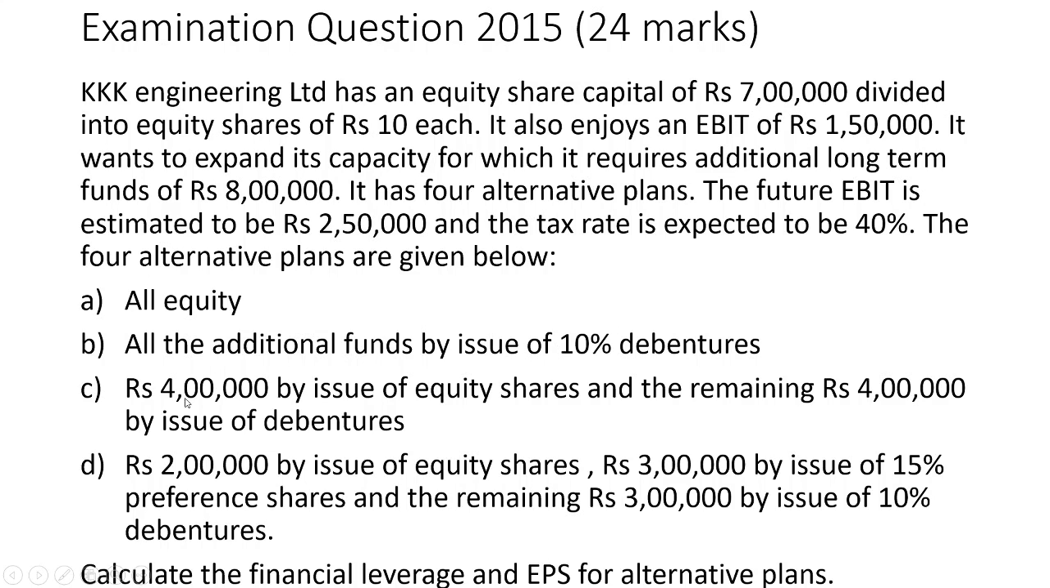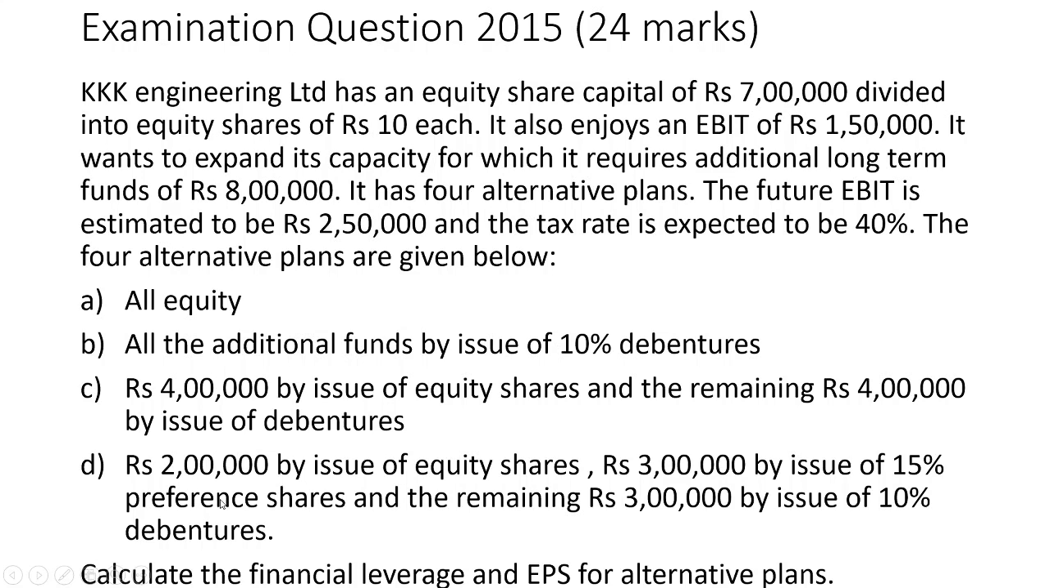Third one, rupees 4 lakh by issue of equity shares and the remaining rupees 4 lakh by issue of debentures. And fourth one, rupees 2 lakh by issue of equity shares, rupees 3 lakh by issue of 15% preference shares and remaining rupees 3 lakh by issue of 10% debentures. Calculate financial leverage and EPS for alternative plans. So we will have to find out the financial leverage as well as earning per share for all the 4